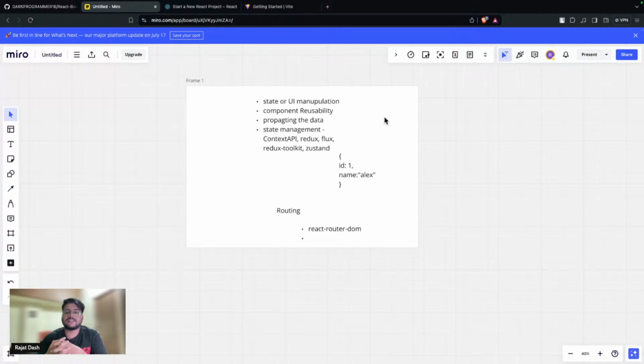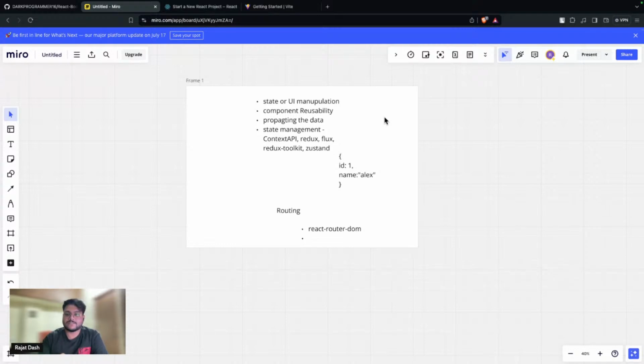As I said earlier, testing libraries and all those things are not required to start a basic React project. Two major packages are required to start a React project: React and React DOM. React is the base one, and to make a web application, we use React DOM. Similarly, if you want to make a mobile application, we use React Native.